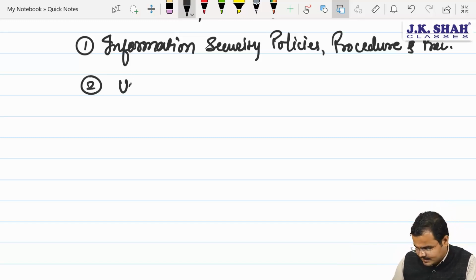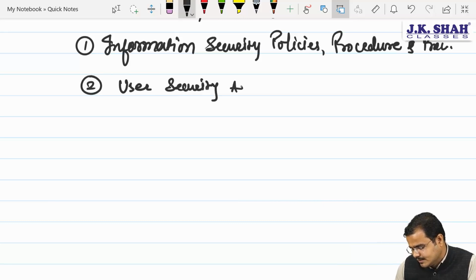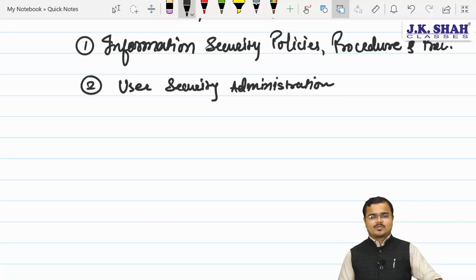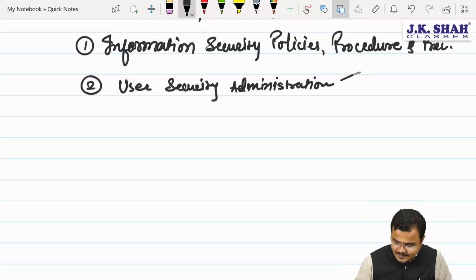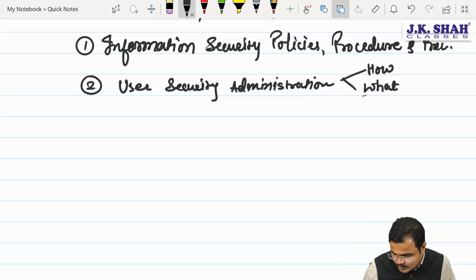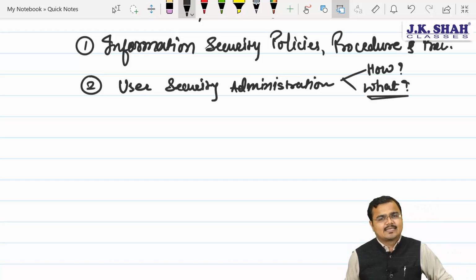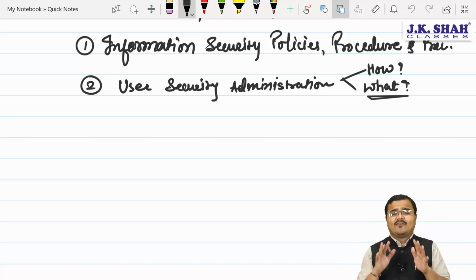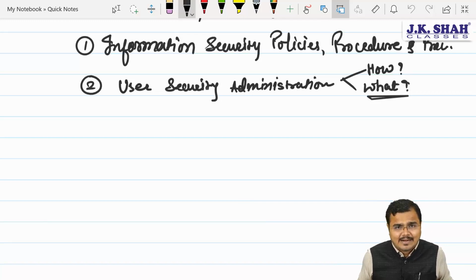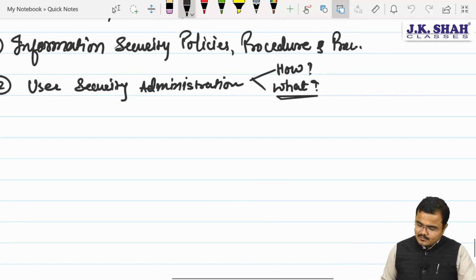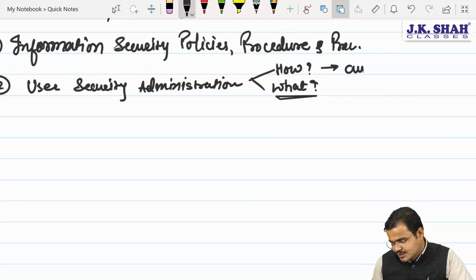Second very important, chartered, user security administration. Now what is the most important thing, chartered? Sir, it is very important, user security administration. How the users are created and how they are granted access, to what extent they are allowed to access the data, has to be decided very carefully basis the organizational matrix, chartered. Like, how would be the answer of chartered authentication?